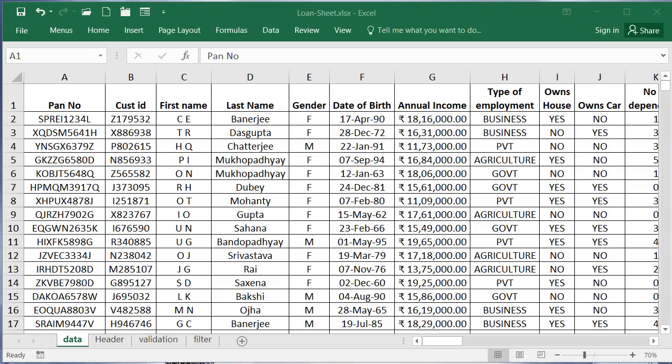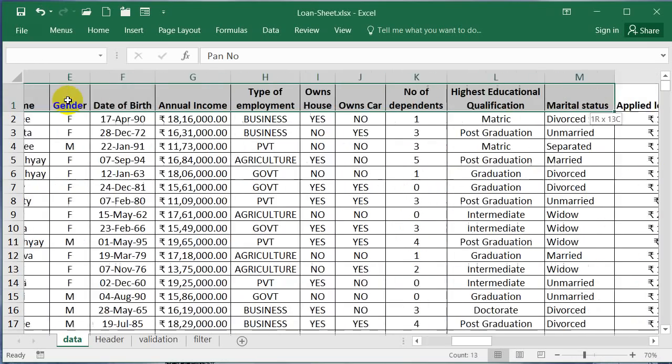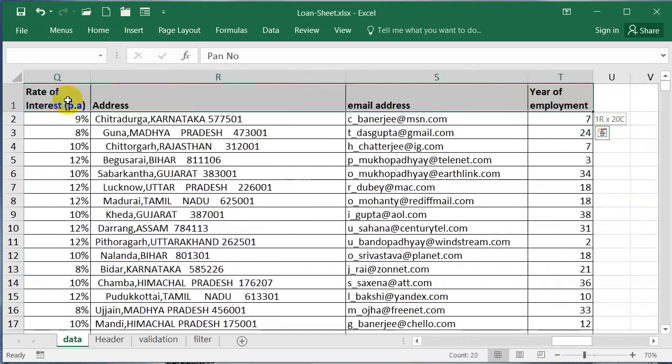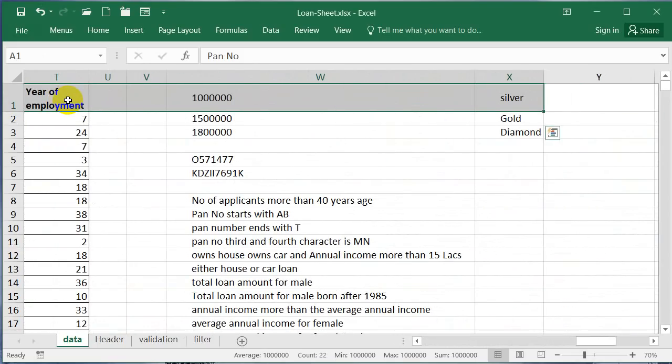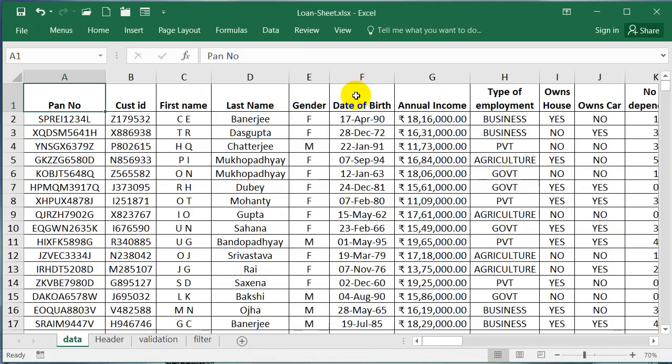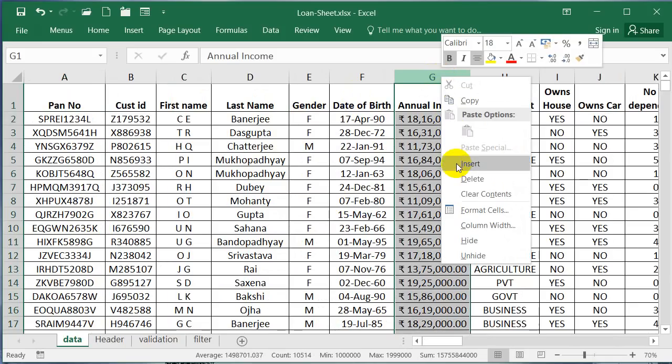Let's briefly revise what we did today morning. We opened the loan sheet in which we went through all these different headers, and we had some questions. One of the questions had 40 years of age. So we have date of birth. We can insert a new